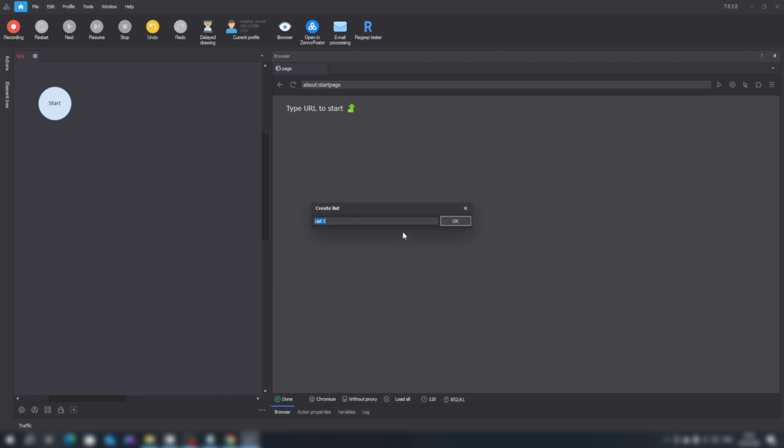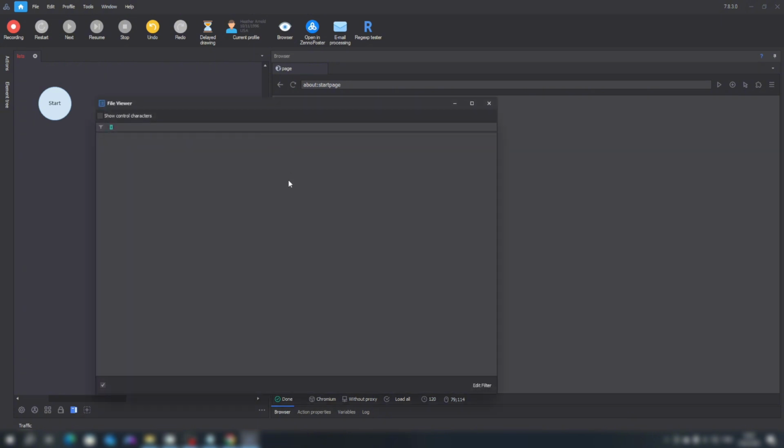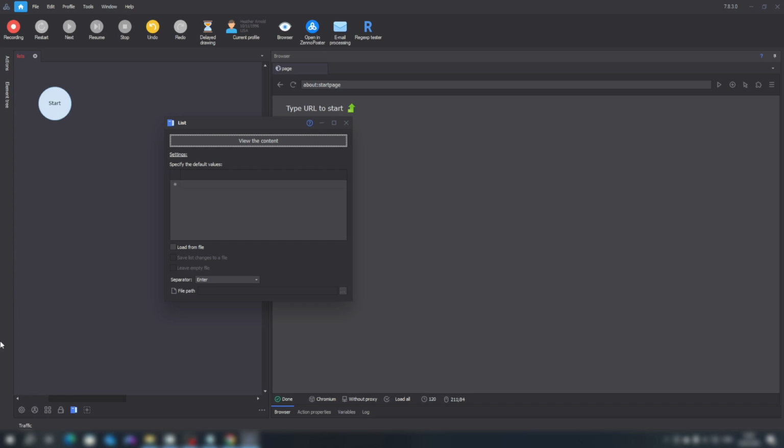Next, you need to give your list a name. Name it similarly to variables, so that by looking at the name, you can understand the contents of the list. Well, I'll just call it list. You will see a pop-up window. In it, you can view the contents of your list. Ours is currently empty, so let's make some adjustments to it.